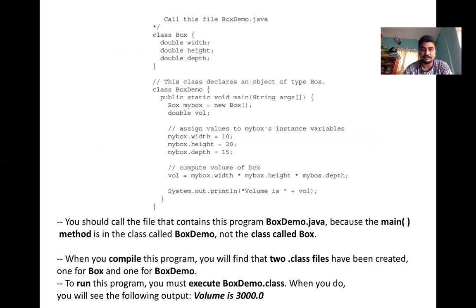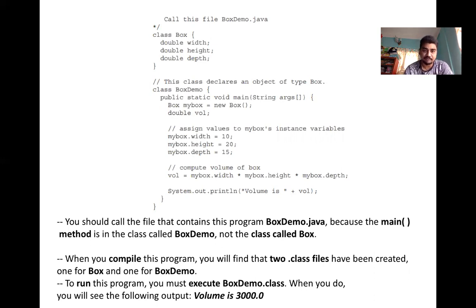Here is an example of a Box class. Class Box contains 3 variables: double width, double height, double depth. And there is another class called BoxDemo. Inside that we have written public static void main(String args[]).